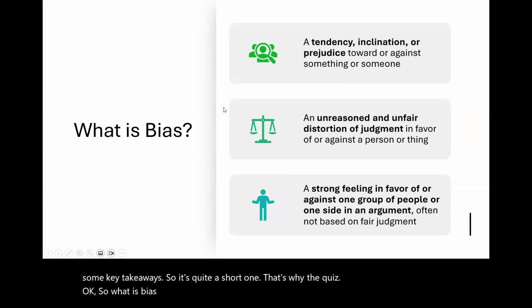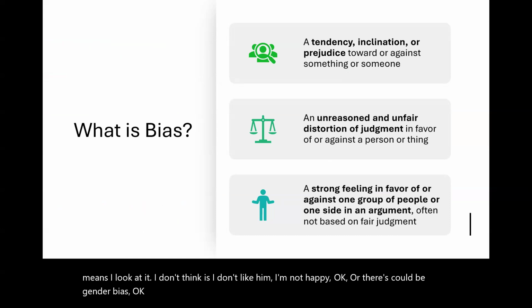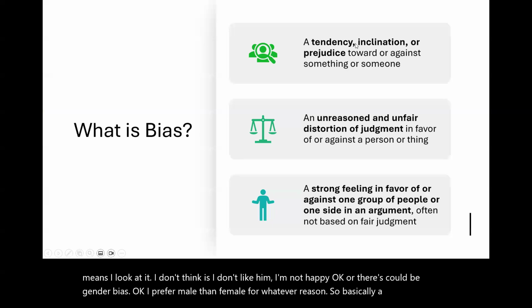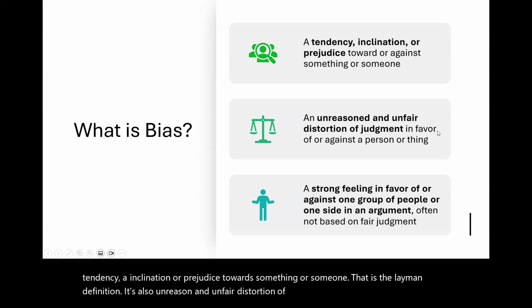This is the layman term of bias. I'm biased against the person, means I look at him, I don't like him, I'm not happy. Or there could be gender bias, I prefer male to female for whatever reason. So basically, a bias is a tendency, an inclination, or prejudice towards something or someone. That's the layman definition. It's also an unreasoned and unfair distortion of judgment in favor of or against a person or